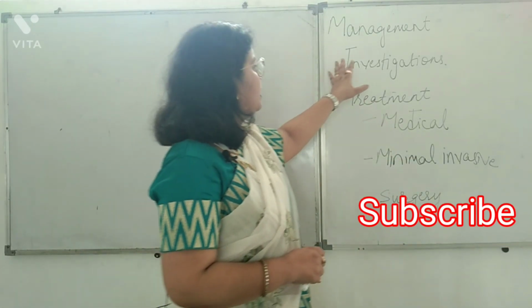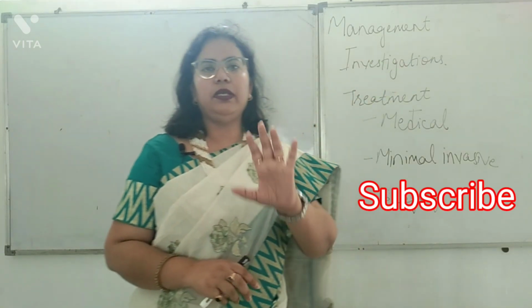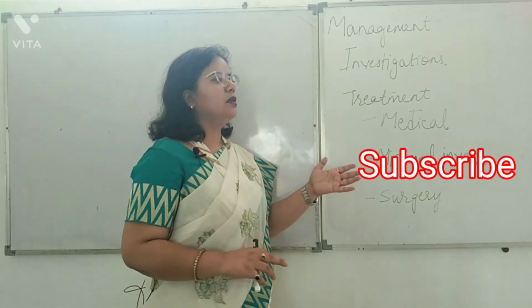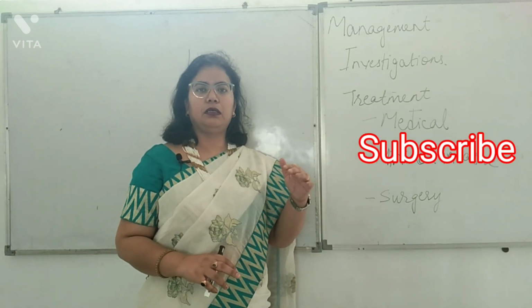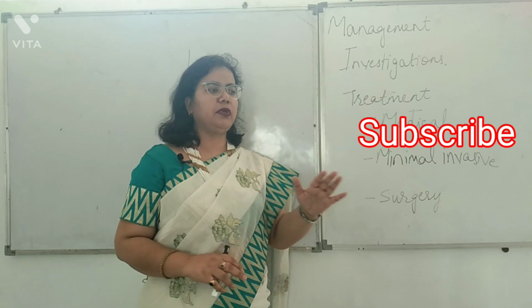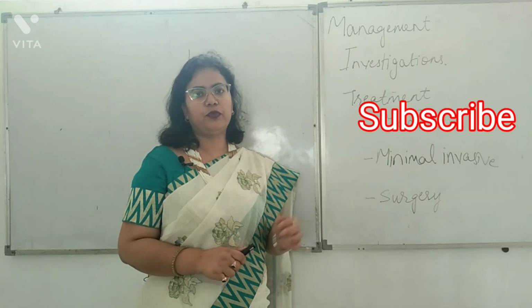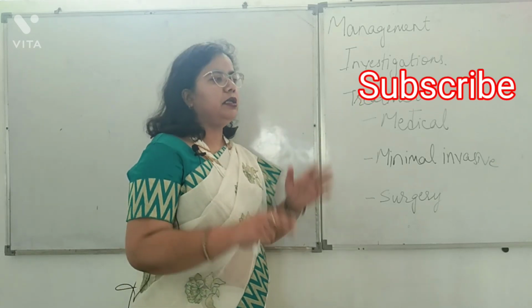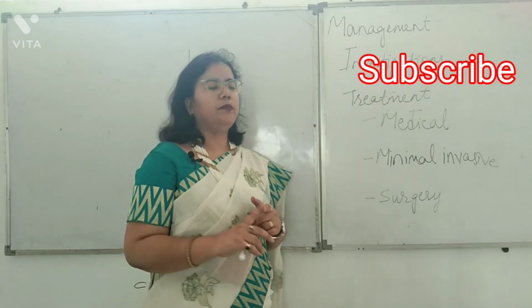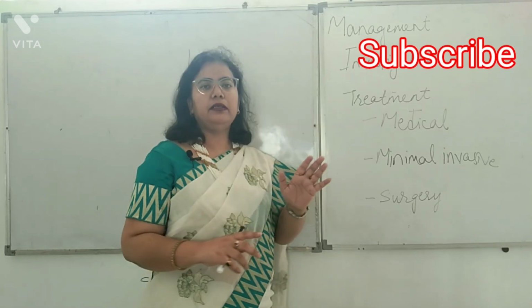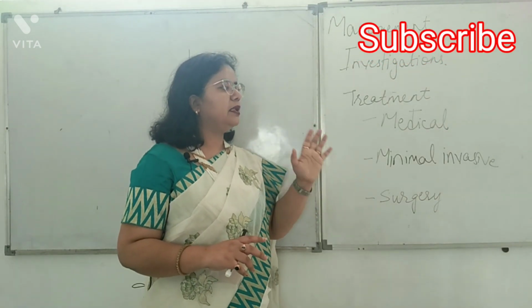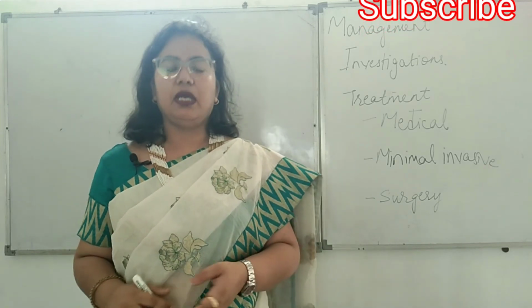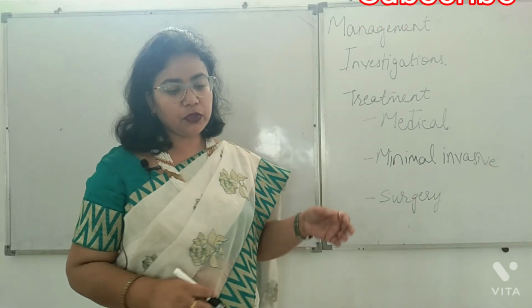So now coming to the management, investigation we have covered briefly. When a woman comes to you, what is the presenting complaint, and you have come to a provisional diagnosis of fibroid. So what will you be evaluating? You will be evaluating her hemodynamic condition. First of all, you will check her pallor, then you will confirm whether pallor is present or not by lab investigation of CBC, her hemoglobin status.